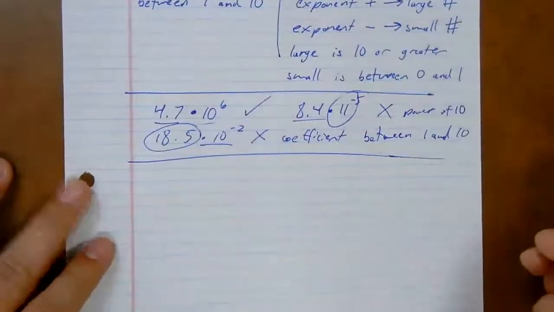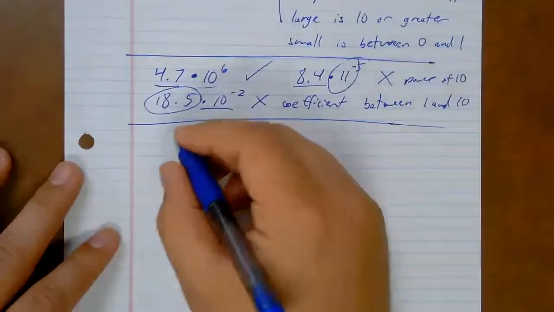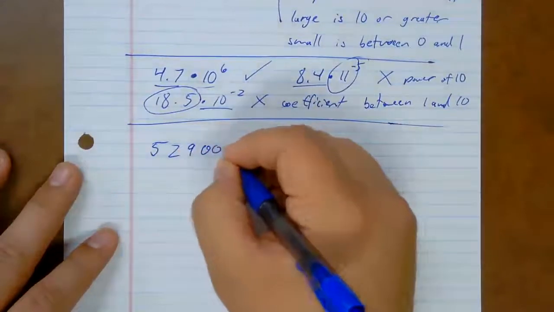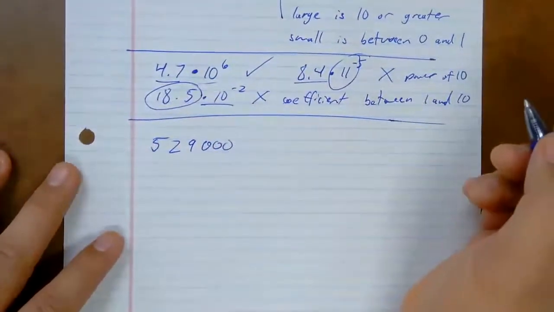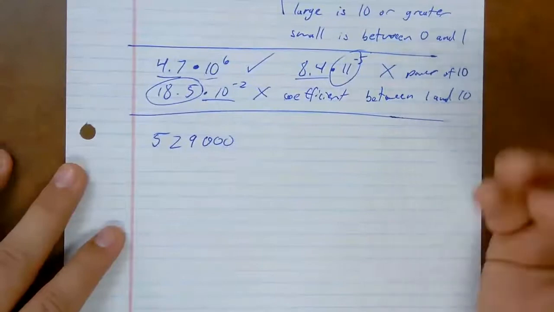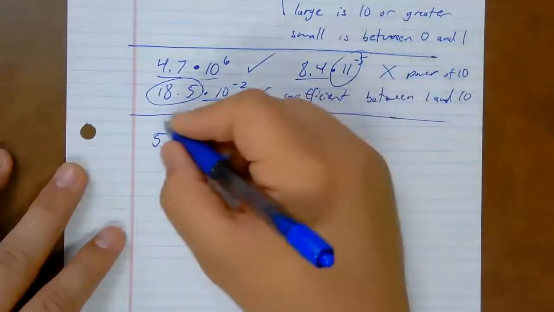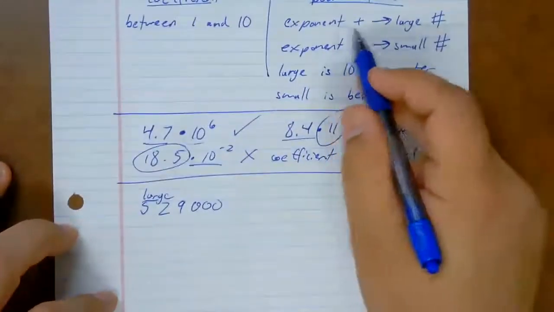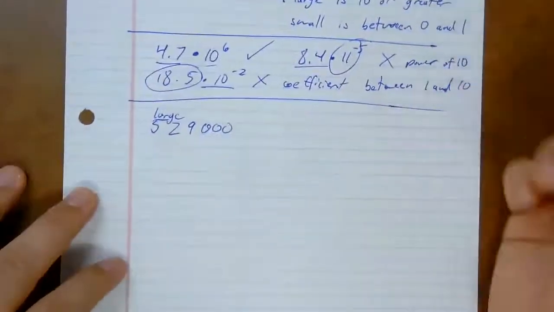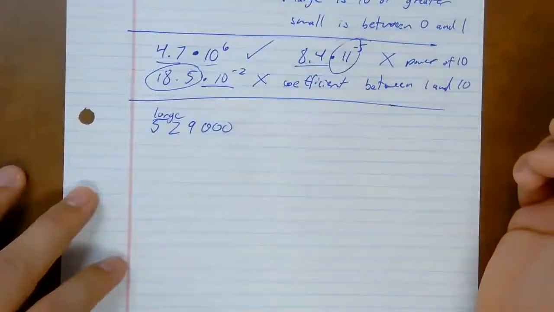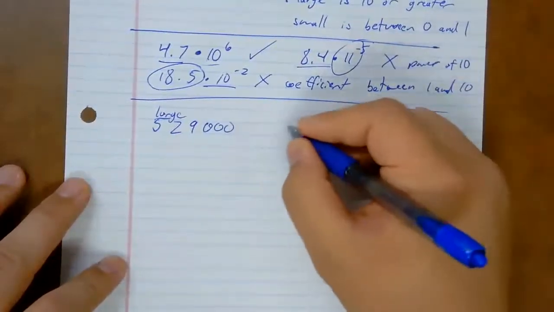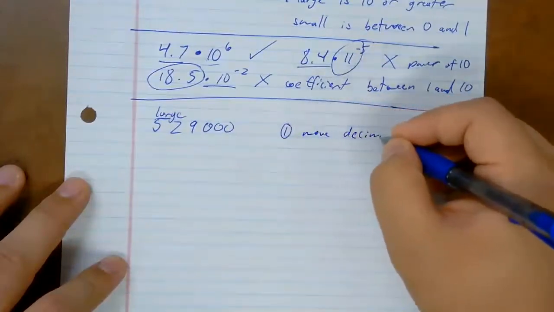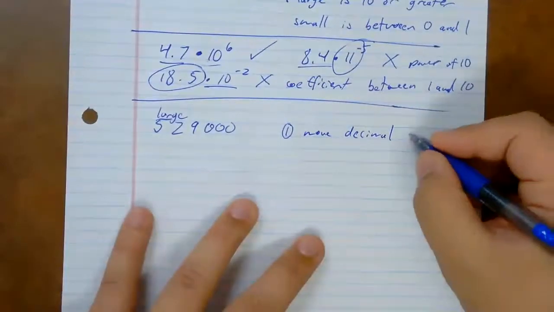All right. We know what a large or small number is. So let's take a look at if we have 529,000. Okay, here's what we know. We know that this number is large. So that means it's going to have an exponent that is positive. So how do we convert this into scientific notation? Our first step is we move the decimal